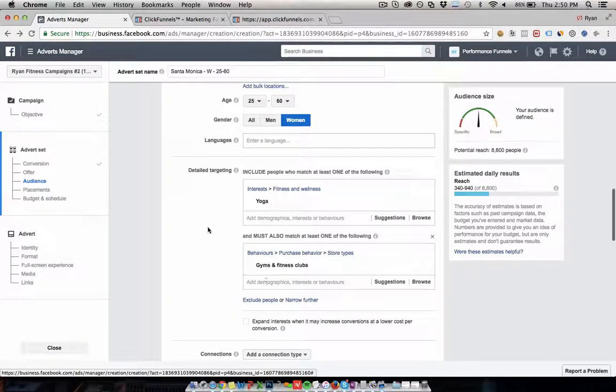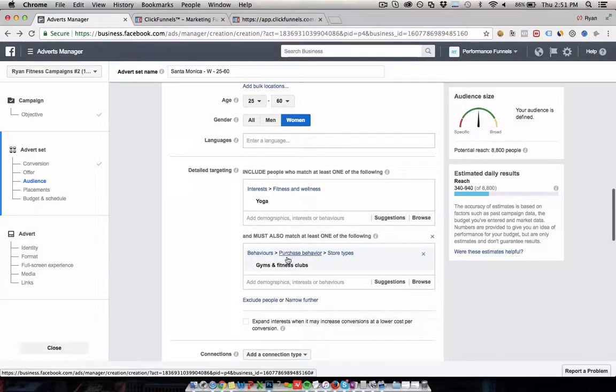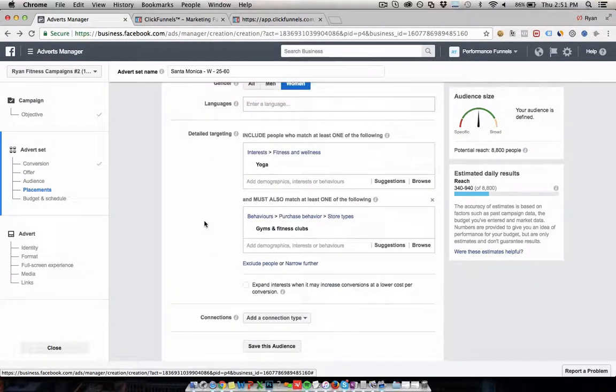this is like your kind of most targeted segment. So these age ranges and gender, we know they're interested in yoga, and we know they're likely to purchase on fitness-based memberships and fitness clubs and things like that. So that's a bit too small for my liking, but you can use it. And then the other one you can do, if we get rid of this,